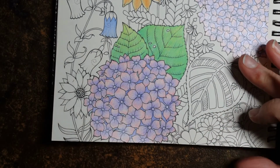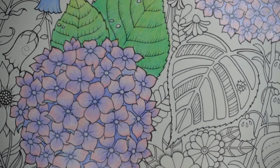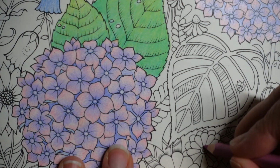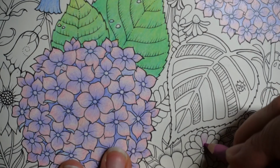So I'll zoom in as far as I can. There we go. And we'll do a bit of this one. I'm sorry it's far away. Now, I want to do it darker near the centre and lighter towards the edge of the petal. This is a really sharp pencil, it's probably a bit too sharp for this. So I'm just going to layer over